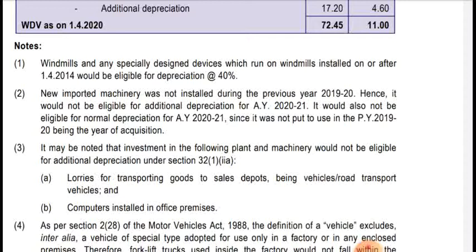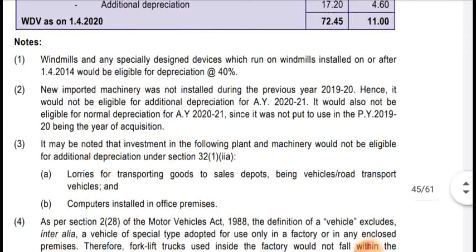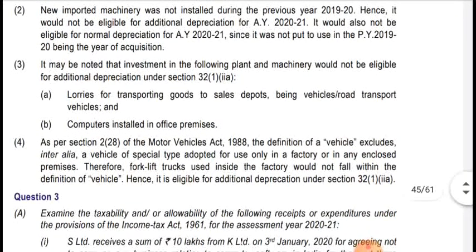Number 3, it was noted that investment in the following plant and machinery would not be eligible for additional depreciation under section 32(1)(iia): a lorry for transporting goods to sale depot, being a road transport vehicle. And a computer installed in office premises. In these two, plant and machinery, additional depreciation will not be given. Note number 4, as per section 2(28) of the Motor Vehicles Act 1988, the definition of vehicles